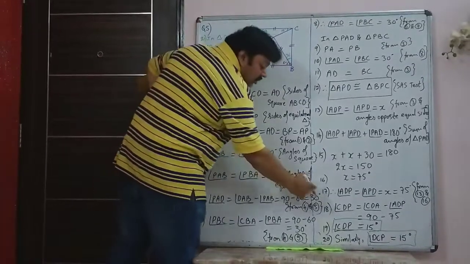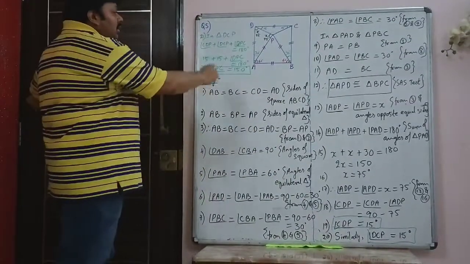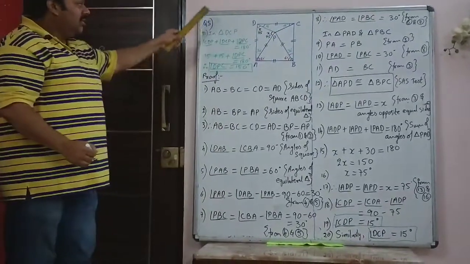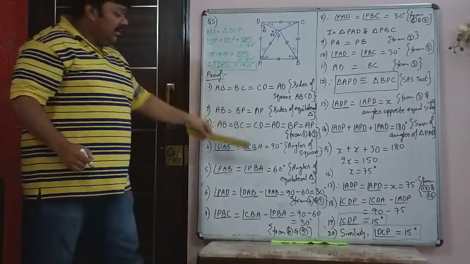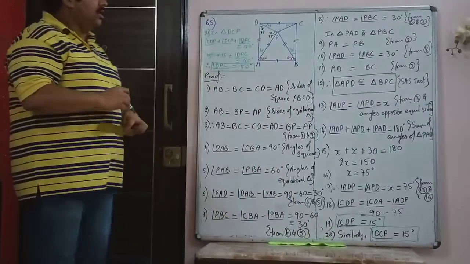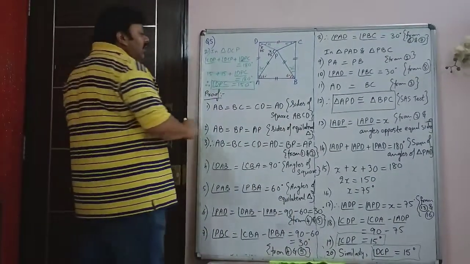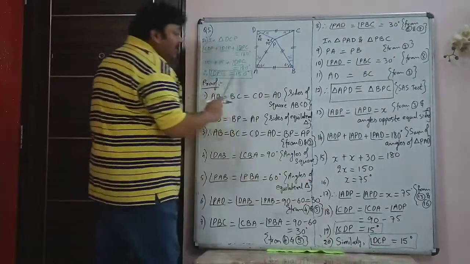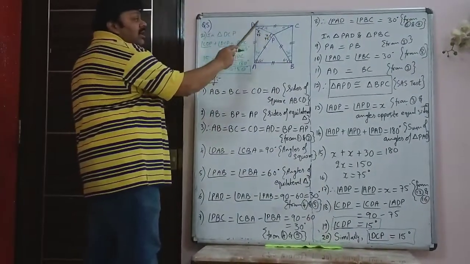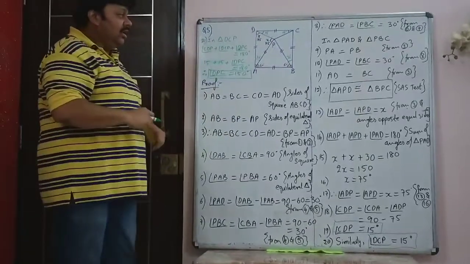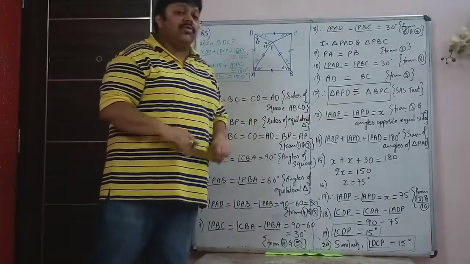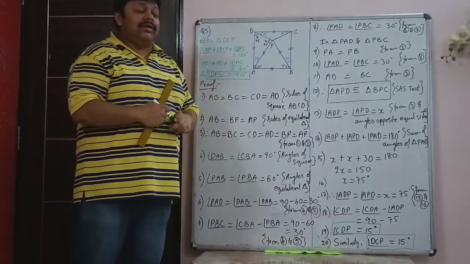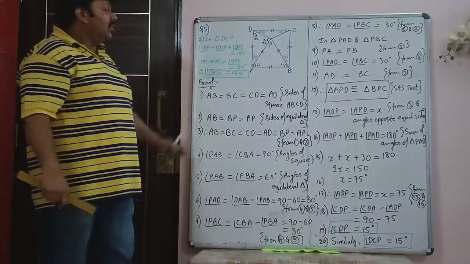This is the third angle of triangle DPC. Already you have found two angles and highlighted them. This has to be written after you write the 20th step. That is the 21st step and the final answer. These three answers are highlighted because you are asked to find all three angles of triangle DPC, and the other answer where you have to prove the triangles congruent has also been put in a box and highlighted because that is also asked.